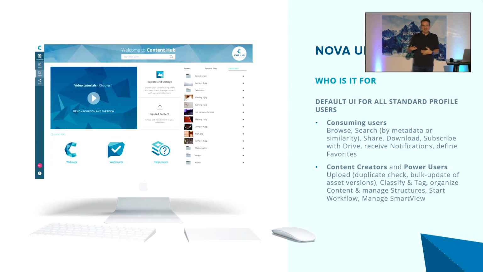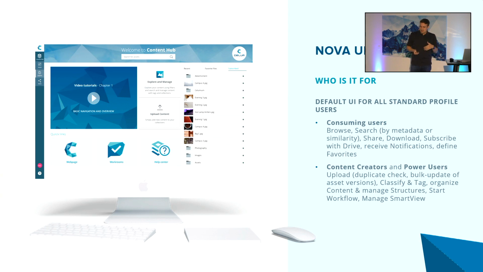Obviously classify and tag, so assign attributes, free text and so on to your assets, organize content, create collections, move them around, manage structures, keyword tags, taxonomy, start workflow, and finally, as an extension to the share capability, also manage smart views, so the spotalization capability of Content Hub. So as I've said, a very, very complete package. And starting now with 21.9, the default